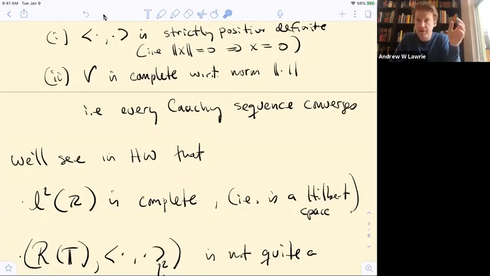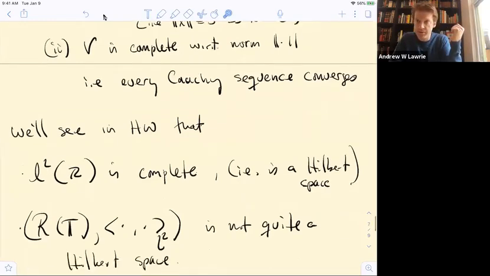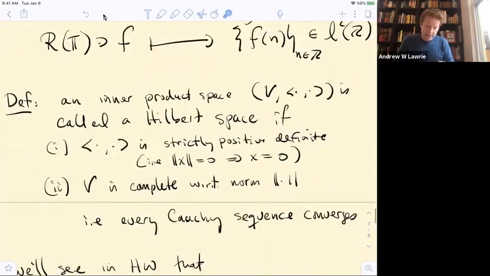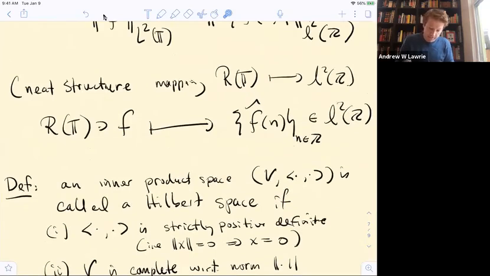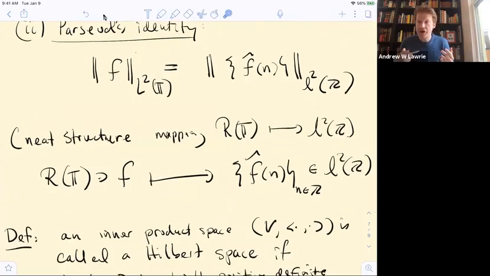by kind of adding in all the limits of Cauchy sequences, and we're going to do the same thing with Riemann integrable functions to enlarge them to the class of what are called Lebesgue integrable functions, and this is going to be the complete vector space that we're looking for. So once we do that, then this mapping will not just be a nice mapping with this identity being true. It'll actually be an isomorphism of Hilbert spaces. So it's one-to-one onto and it's called a unitary isomorphism. In fact, the norm is preserved under this mapping.